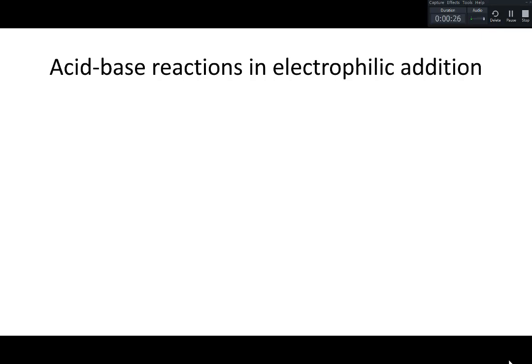So I think it's good to look at it on its own, a little bit out of context, and then I'll point out to you where it's actually going to happen in the mechanism, and then you can see it actually taking place. So remember, in electrophilic reactions, you're going to have a carbocation. So, for example, it'll be something like this,